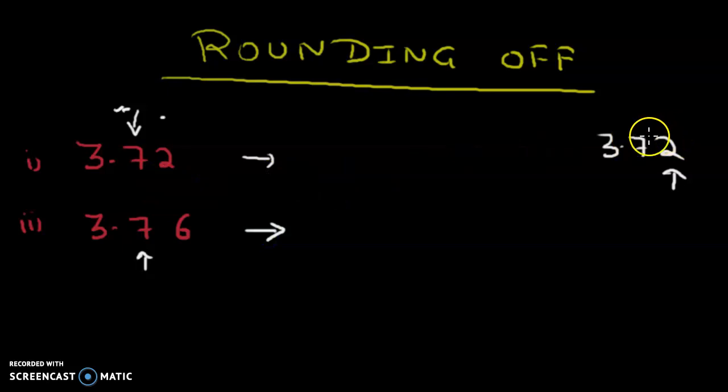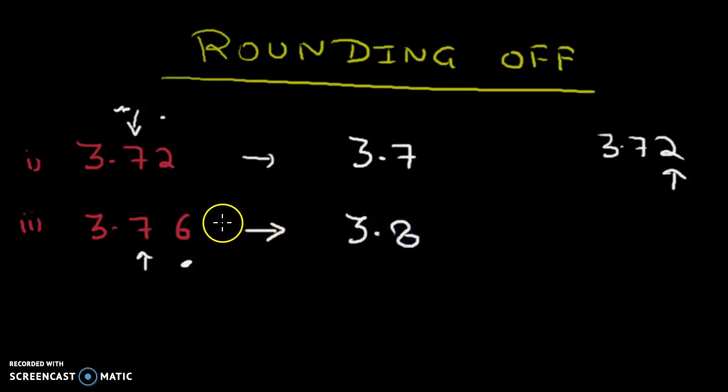Here it is less than 5, so you would write it the same as it is. But in this case it is greater than 5, so you have to increase by 1. This is a simple rule, you all know. But the thing is,